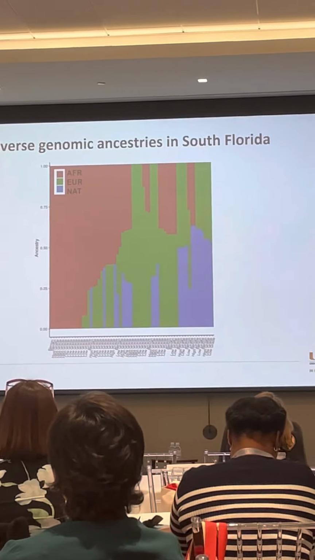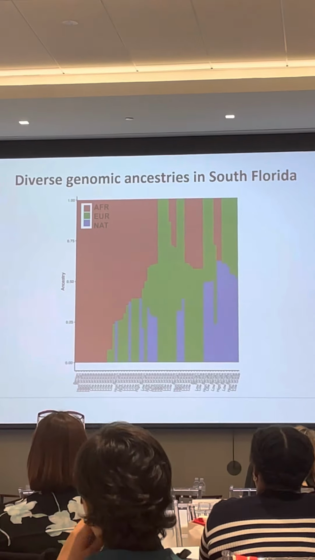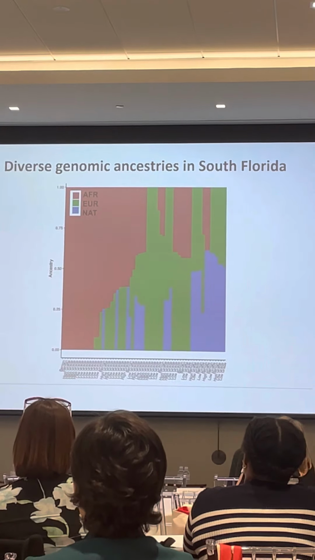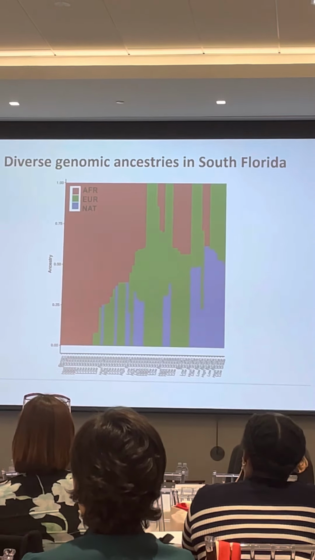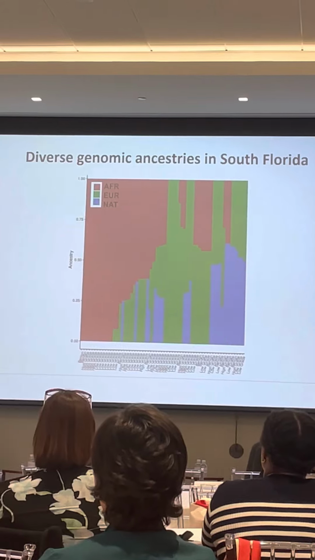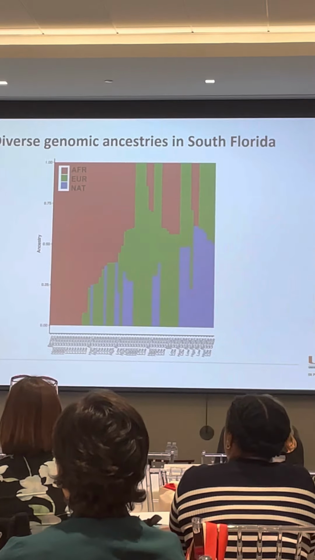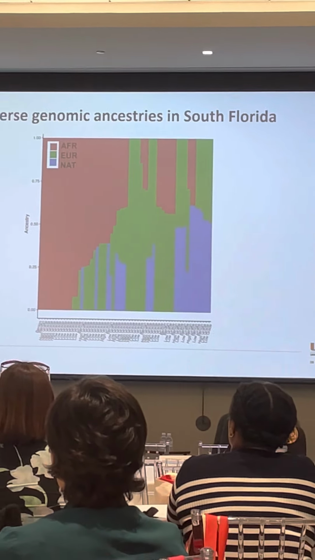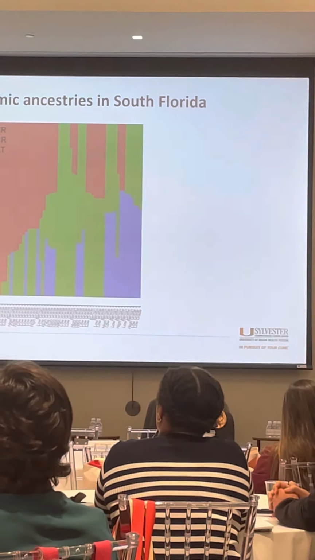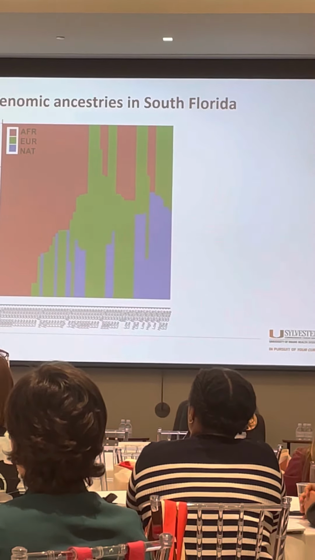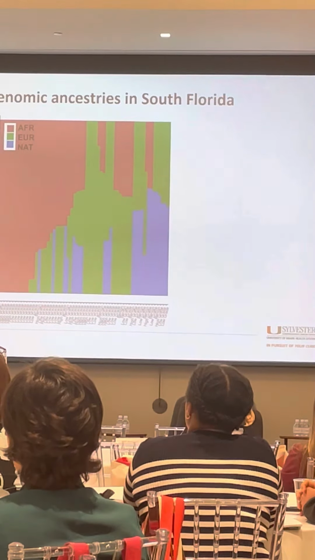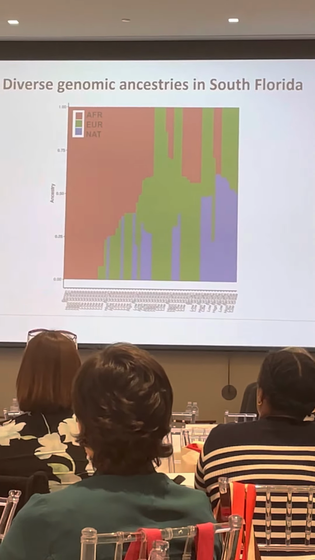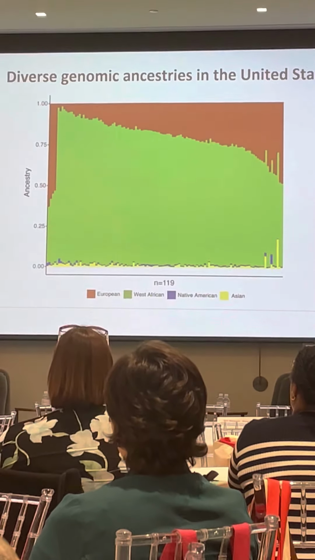We did a study on patients with endometrial cancer, and one of the secondary analyses that we did was looking at the genomic ancestry. This is about 62 patients. And what you can see here is, from a genomic, DNA perspective, we have very admixed and unique populations. You can see here that we've got women who are represented by African ancestry, European ancestry, and Native American ancestry, but there is significant intermixing of the genome here. And so again, just reinforcing that even from a genomic standpoint, our patients are not uniform.